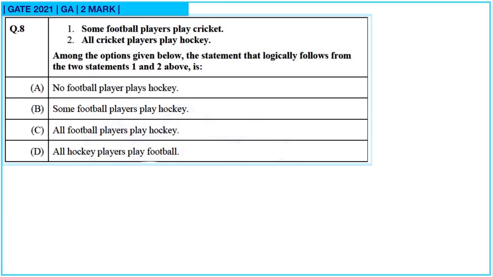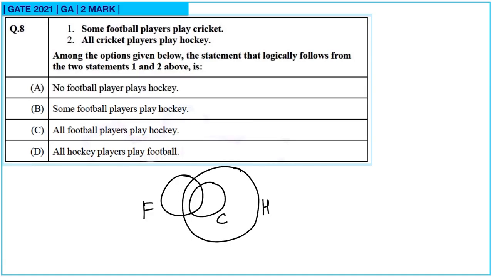Question 8. Some football players play hockey. So if you consider football players, then some football players play cricket, and all cricket players play hockey. So all cricket players, they play hockey. Among the options given below, the statement that logically follows from statements 1 and 2 above is: no football